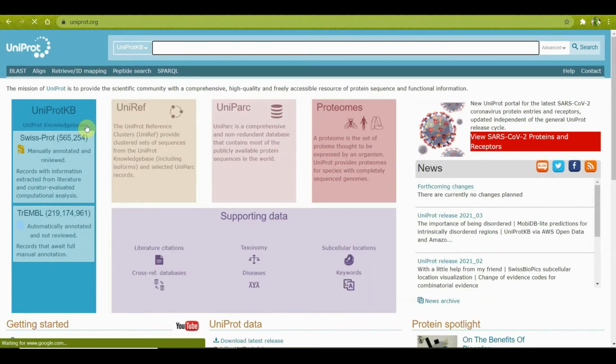UniProt KB stands for UniProt Knowledge Base, and this database in turn is divided into two. One is SwissProt and the other is TrEMBL. SwissProt is a database which has validated protein sequences. What do I mean by validated? Validated means that they have been seen in the laboratory, have been validated by using wet lab technologies, and researchers have seen this protein in nature,